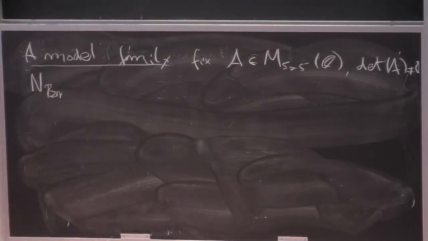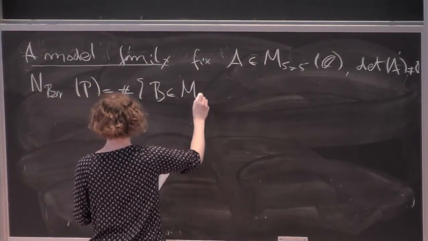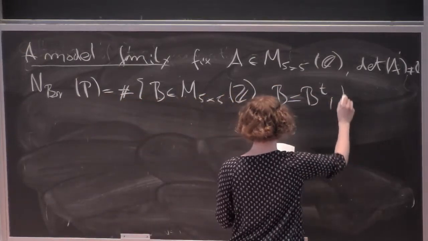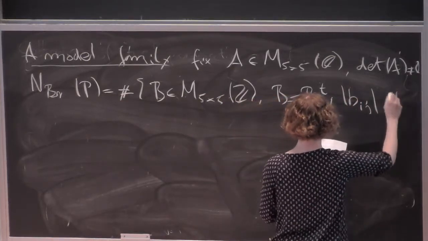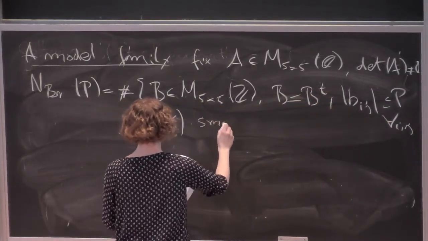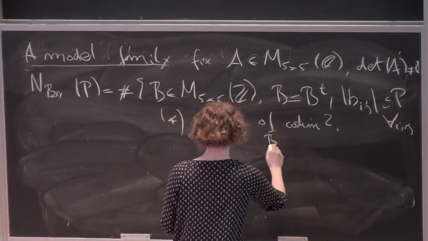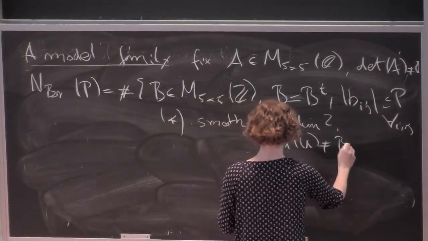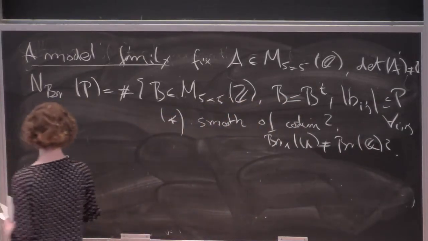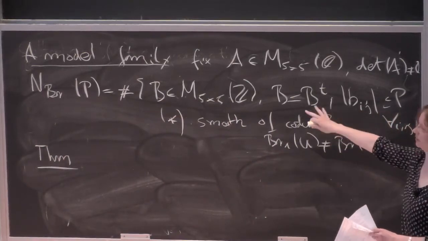Call this equation star. We could count the matrices B with integer entries, which are symmetric, and where all the coordinates, which I call Bij, are bounded by P, and such that this variety is smooth, is really a del Pezzo surface of degree 4, so smooth of codimension 2, and such that the algebraic part of the Brauer group is non-trivial. Then the number of total matrices that you could count is about P to the 15. You have 15 entries if you postulate this thing is symmetric.